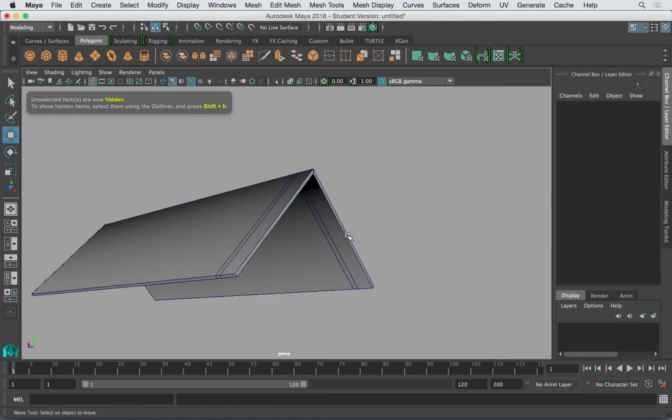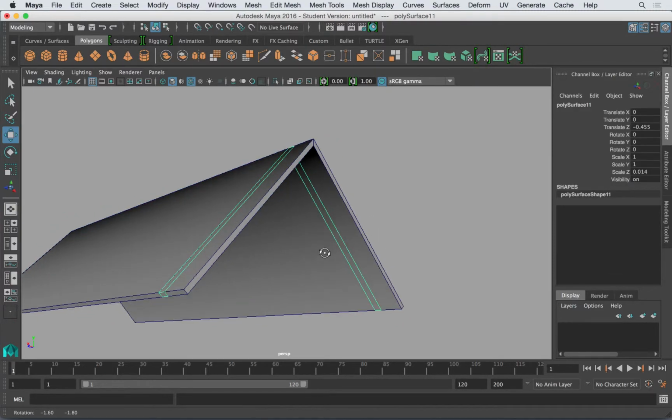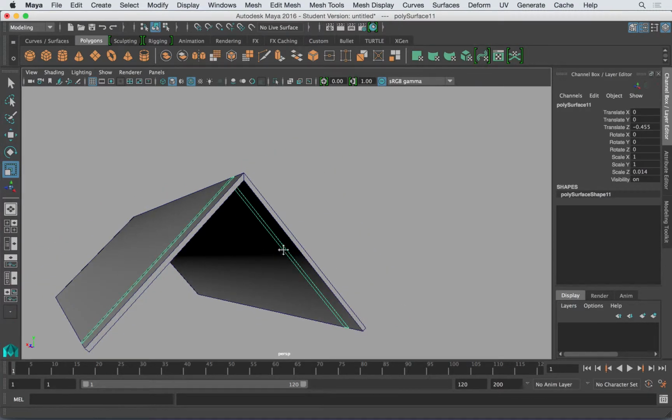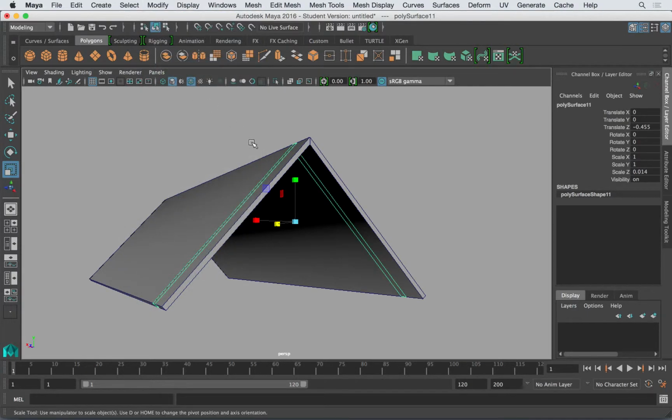So here's the beam, which I'm going to let's center the pivot point and move the pivot point down to this area,